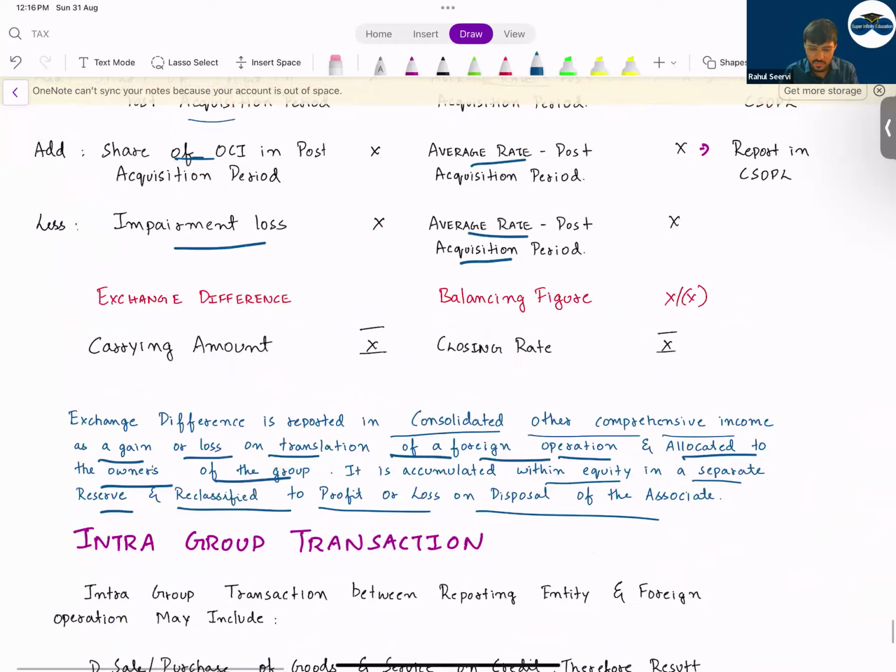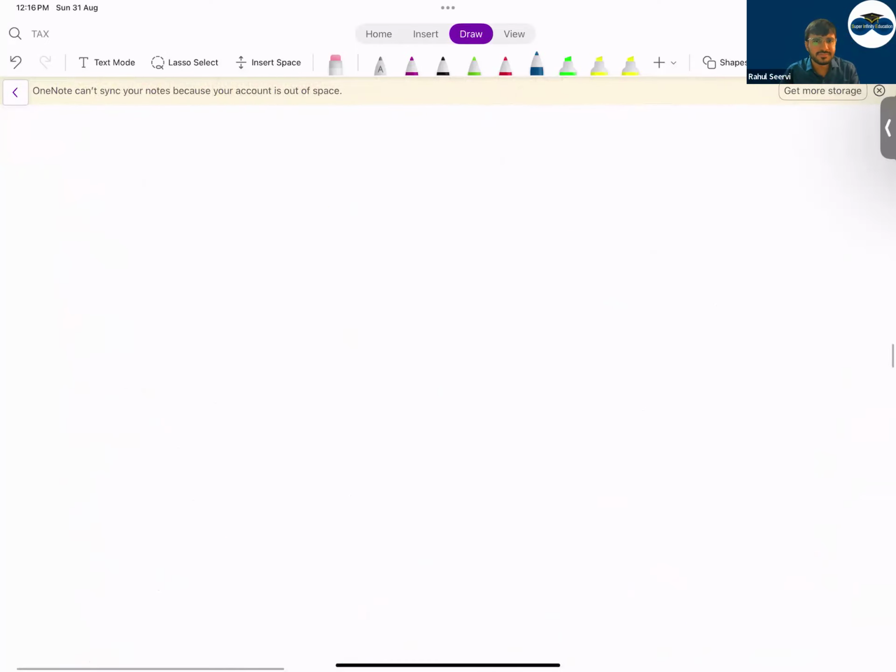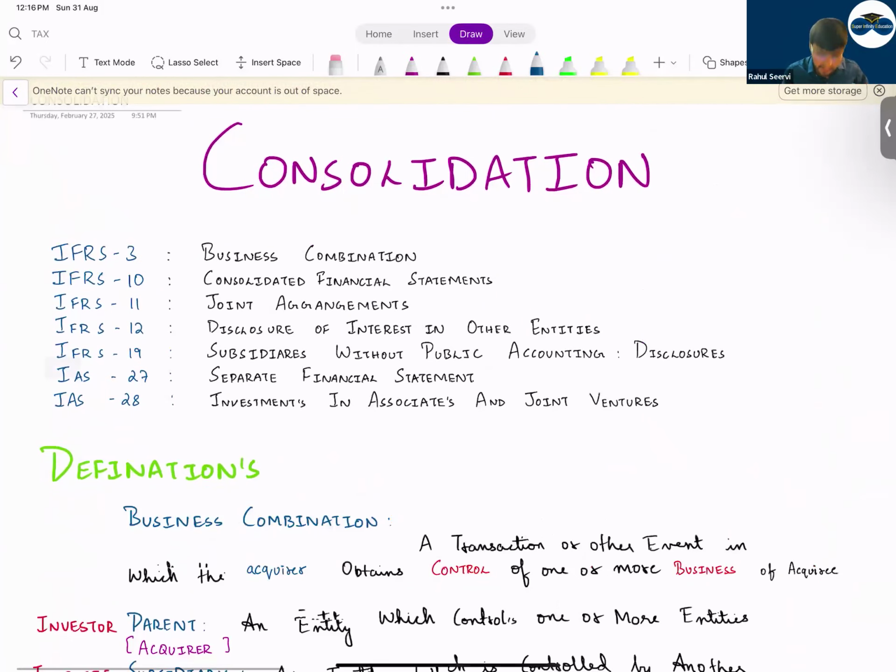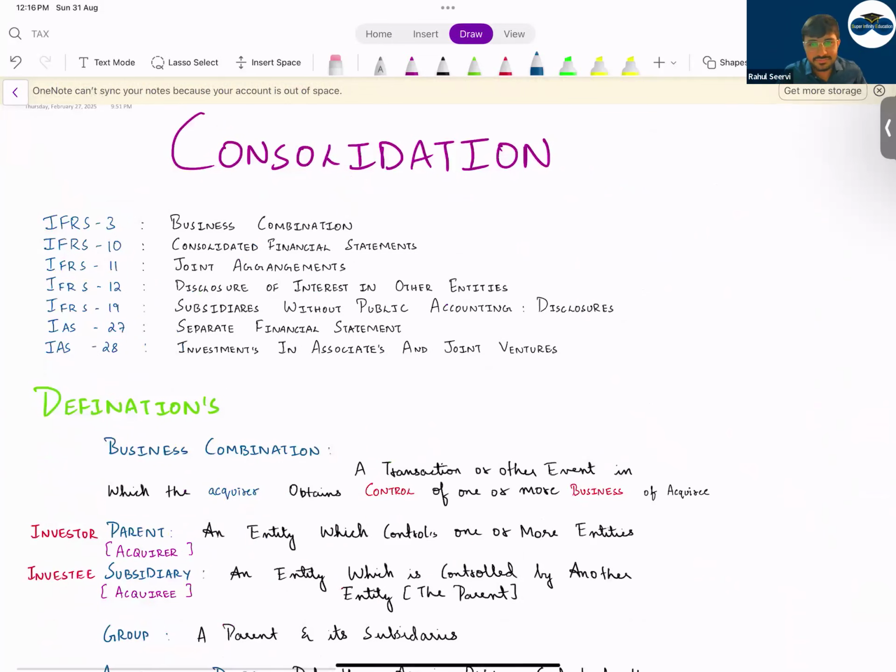The other two topics are not required, which are not tested. So with this, the revision of consolidation is done. We have taken good time. I hope each and every point is clear to everyone here. Yes, Sinchana, Sahil, Janvi, Natish. Yes, sir.